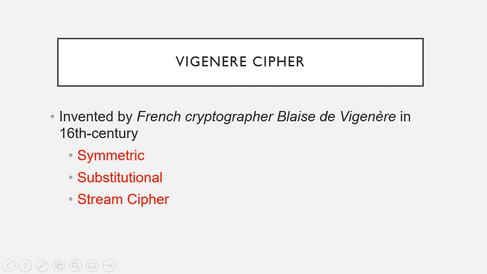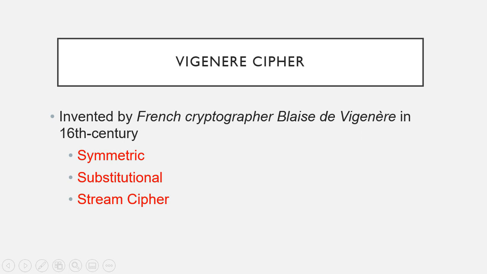By substitutional we mean that the plain text characters are replaced by some other characters in order to achieve the cipher text. Again, such types of algorithms are referred to as substitutional, in which the characters are completely replaced by other characters. Another type of cipher algorithms are referred to as transpositional algorithms. In transpositional, the plain text is not replaced by other characters, but it is just rearranged, or just shuffled. The characters in plain text are shuffled to achieve the cipher text.